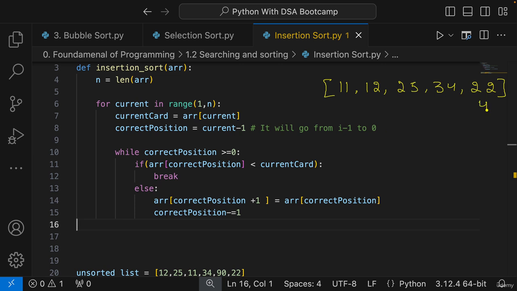This is 4, 3, 2, 1, 0. What I'm saying is that this is my current card. Currently I'm holding 22. I am assuming this is the correct position. I want to find out the correct position, right? So if this is not the correct position, I have to do something. I see that the element at correct position is not less than my element, or the current card which I have. That means